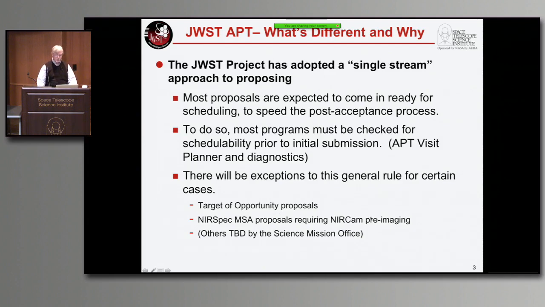Many of these proposals will require, for instance, NIRCam pre-imaging, and users will have to get that data and then actually work with that to make their NIRSpec observations schedulable to the system. And so those will have to have, for lack of a better term, a phase 2 to the process. In cycle 1, since again APT is still being developed and new users to the system